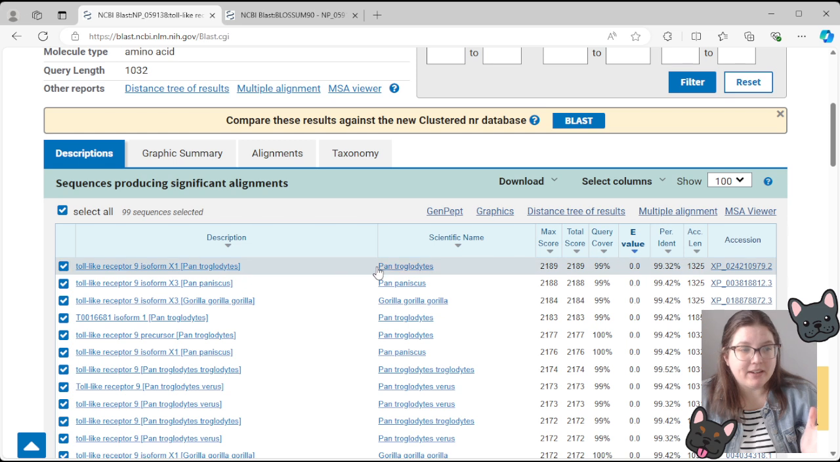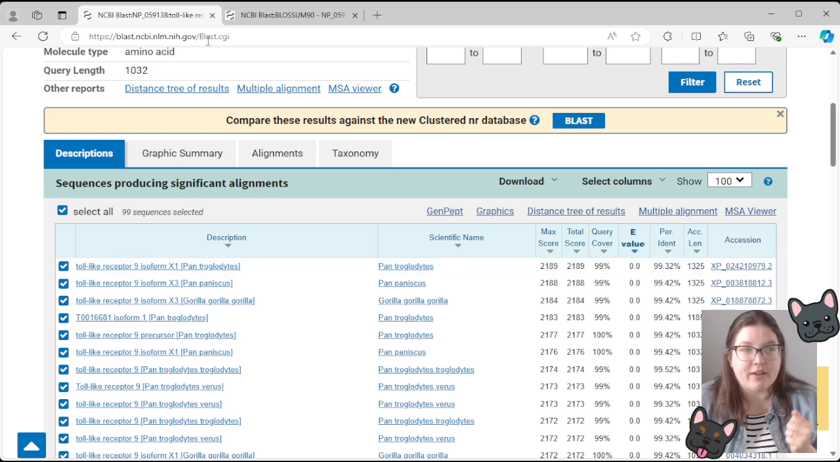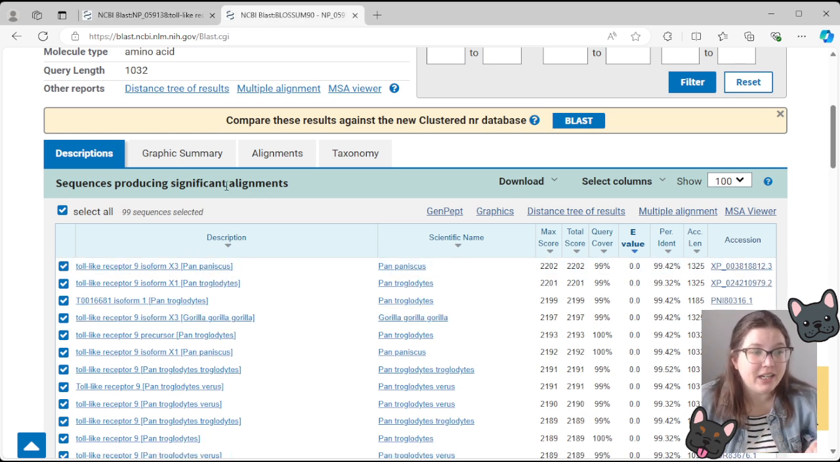Now for the sake of comparison, let's just compare the top 2 hits. The first one here that we have for BLOSUM45 is from Pan troglodytes. It has a 99% query cover, 99.32% identity, and that's the accession we get from it. If we go over to BLOSUM90, we have